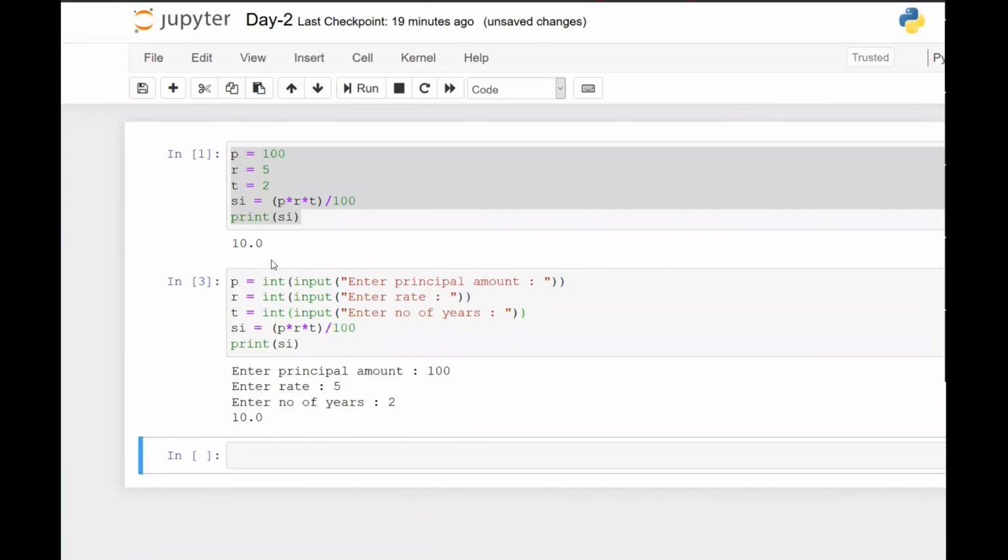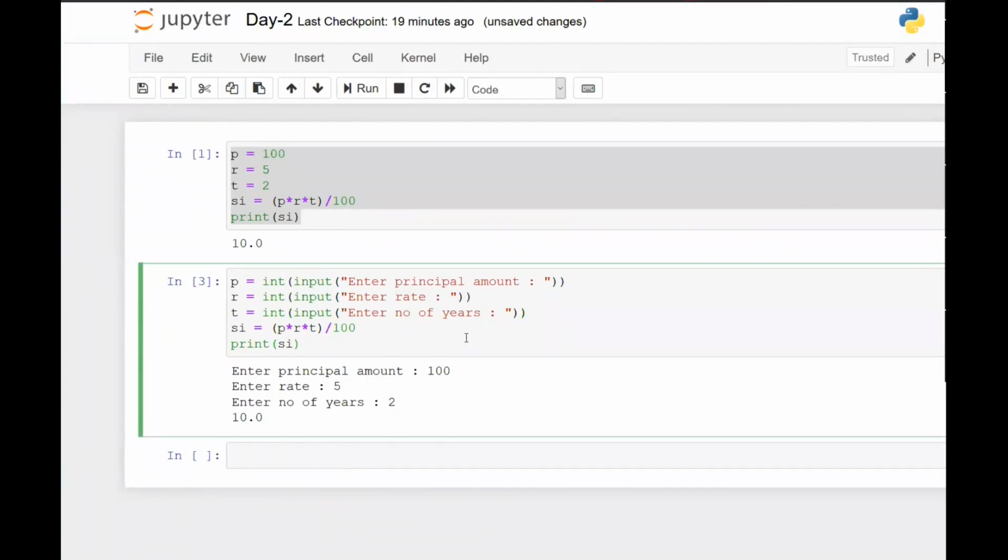So that is all that was required for you guys to do. Any of these things for the first day was fine. Even if you had taken hard-coded values, that was also okay. And now if you want to add some logic to it, you can always add more logic, as in